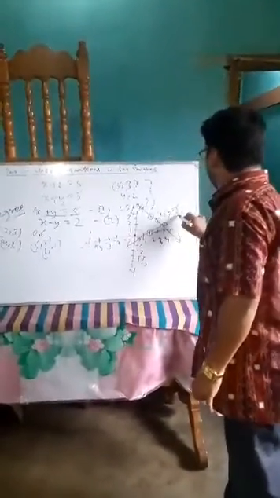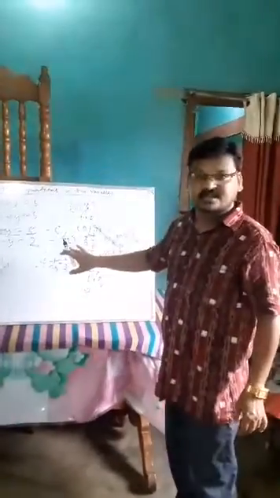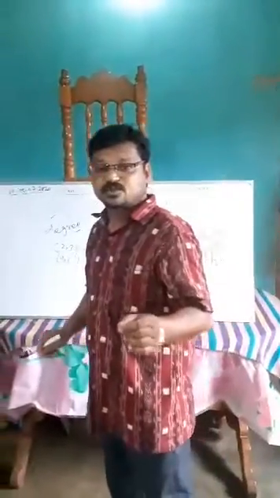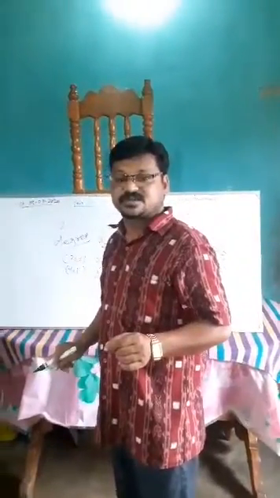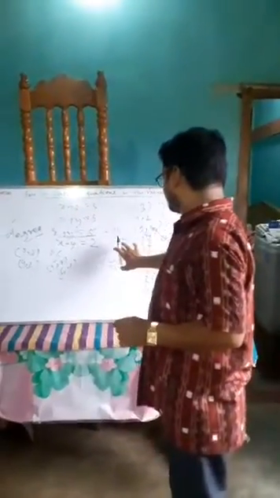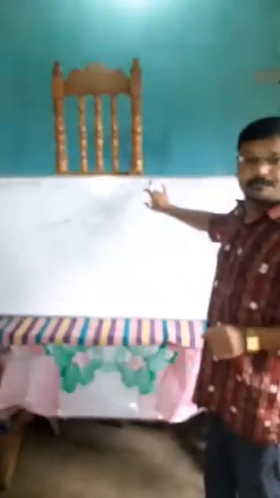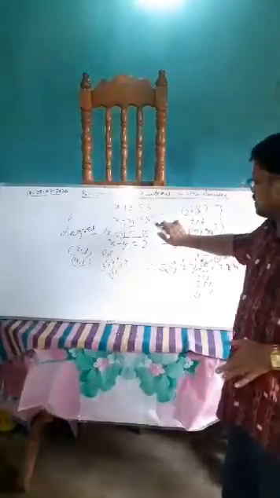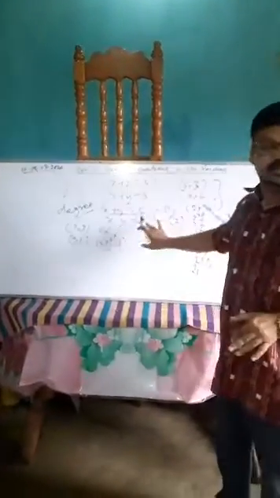We know that a linear equation forms a straight line. Here we are discussing a pair of linear equations. A linear equation means an equation whose degree is 1. In one variable it is also called a simple equation. But here we will discuss a pair of linear equations in two variables, which means two equations in two variables.